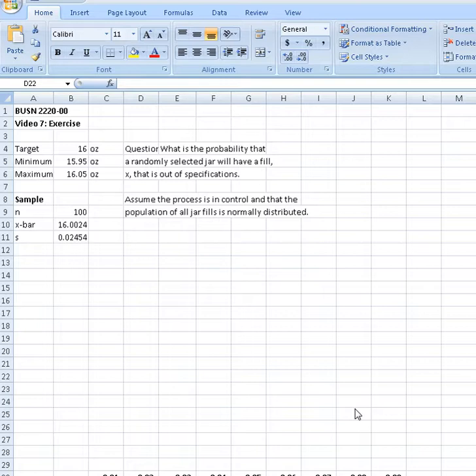ounces of jelly inside. Now, people like the Federal Trade Commission, FTC, and other regulatory agencies would like to make sure that we're not cheating the customer. And they say that if we claim 16 ounces, then the minimum we should be filling the jar to is 15.95. Now, on the other hand, we don't want, as the manufacturer of these,